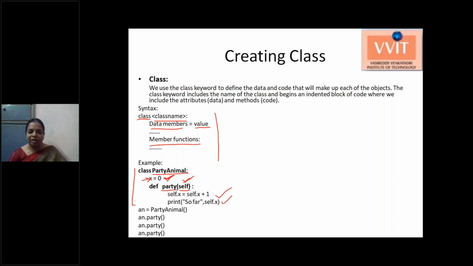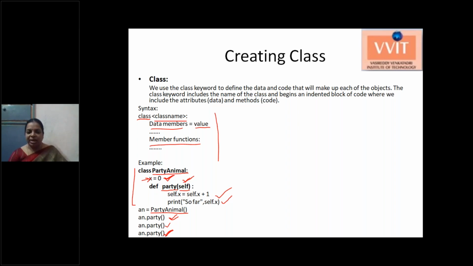Up to this point the class is closed, and outside the class we are creating the object for the PartyAnimal class, an, and then we are calling the party method. Here we are calling it 3 times. Can you guess what will be the output for the third call?